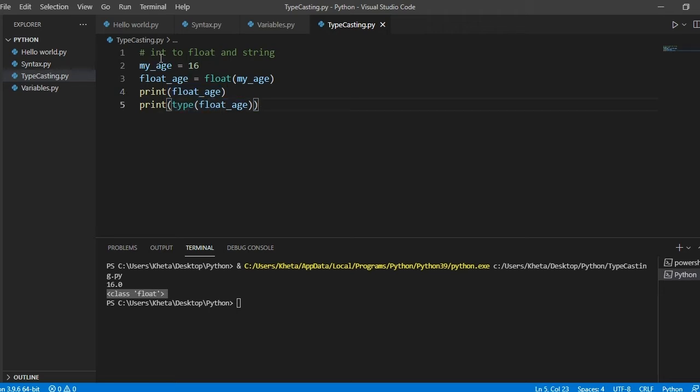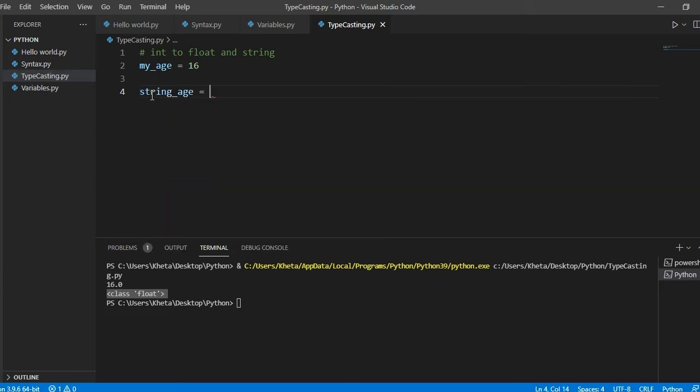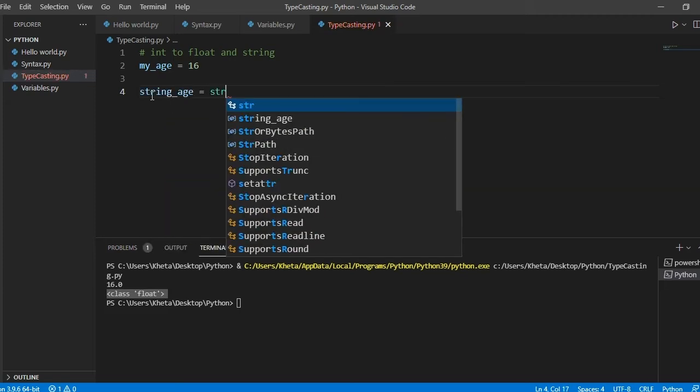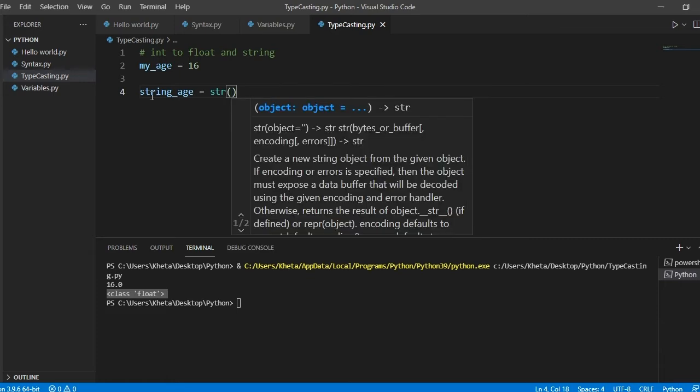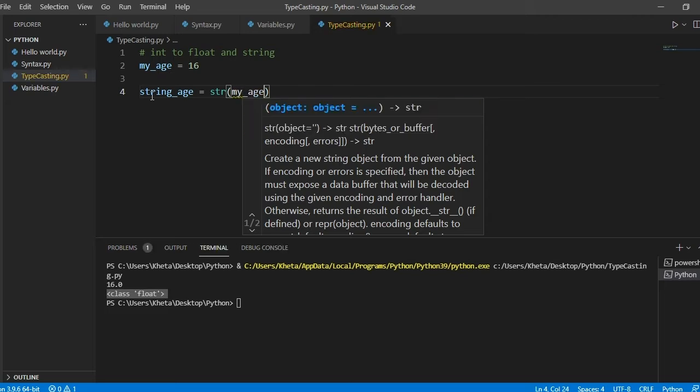And now we want to convert this same int into a string. So let's remove the conversion down here as well as the statements. So we just keep the age. You can skip a line if you want, if it makes it much better for you. So my age equals 16, and now I want to convert this into string. So let's say string underscore age. And what we're going to do, use str to convert from any type to a string. So just going to pass in our int, either 16 or, now that we have it stored as a variable,